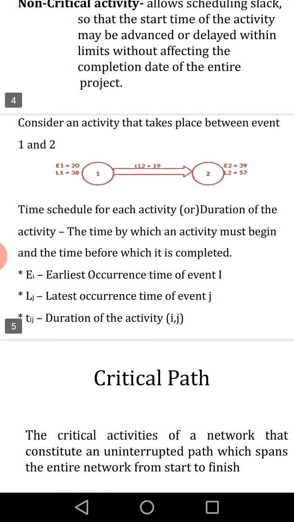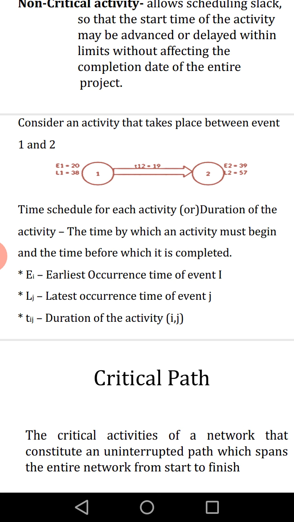Now, something about the earliest occurrence, latest occurrence, and duration of the activity. Suppose you take an activity that takes place between the two events 1 and 2. Now event 1 and event 2 are represented by nodes in a circular representation.